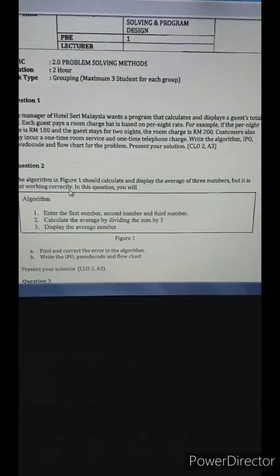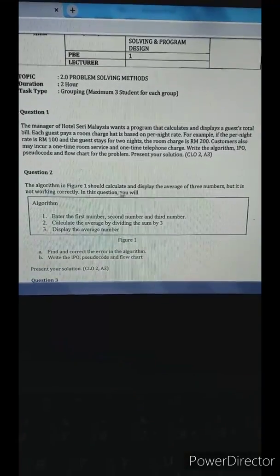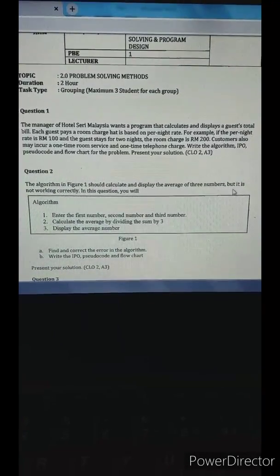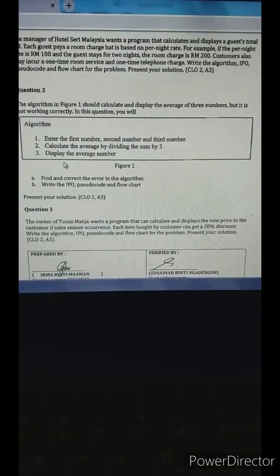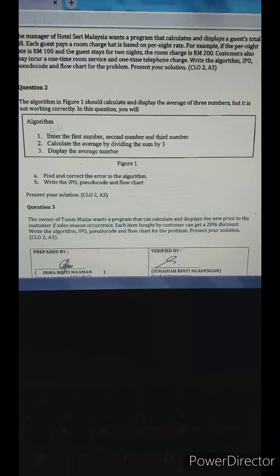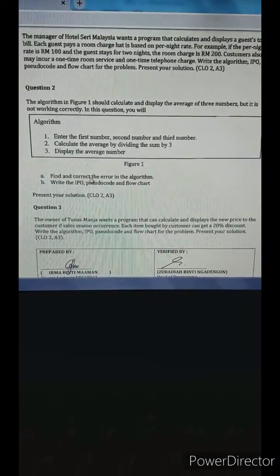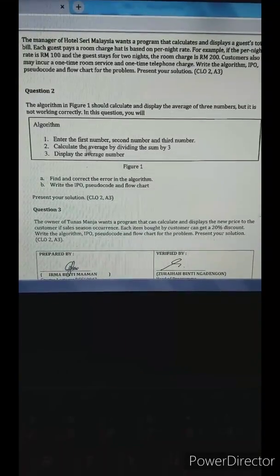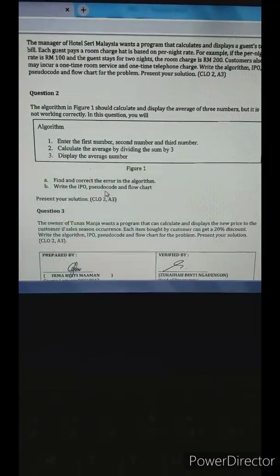Now we go to question 2. The algorithm in figure 1 shows how to calculate and display the average of 3 numbers, but it is not working correctly. In this question, you will enter the first number, second number and third number. This is the algorithm. The question is to find and correct the error in the algorithm. There is an error in the algorithm, so we have to correct it and then write the IPO, pseudocode and